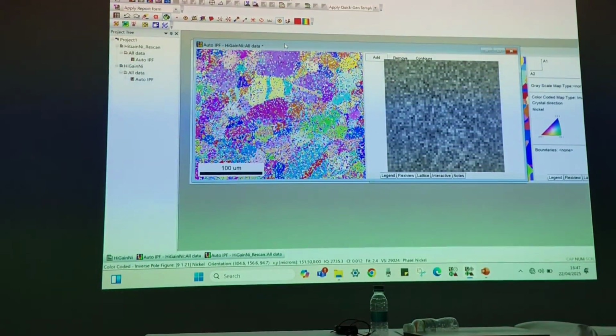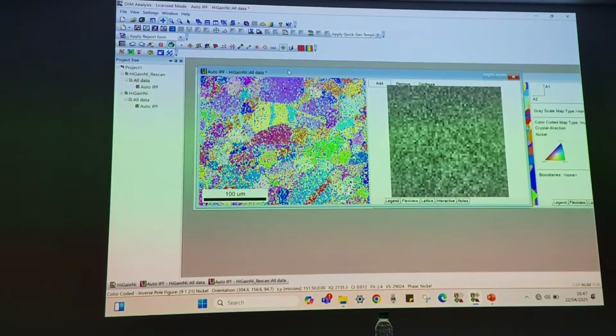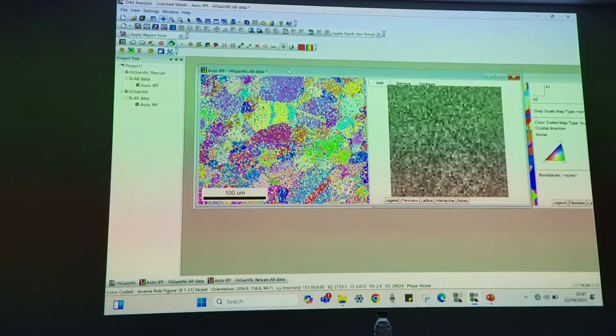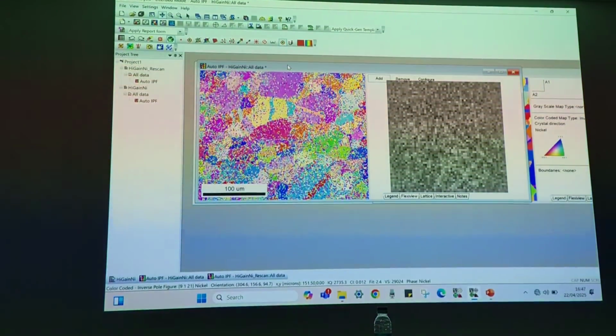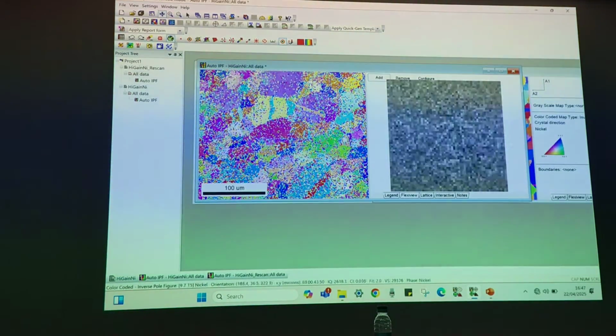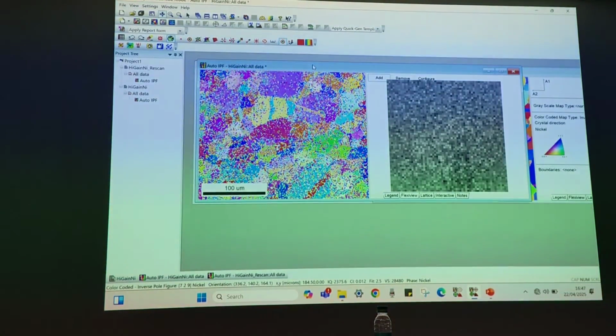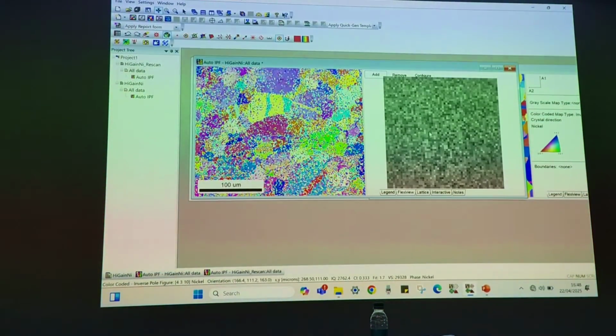If you're saving the patterns, the size of your data file can go very large. Let's say in a normal scan you are measuring 1 GB of data; if you save along with the patterns, it might go up to 10 GB, 15 GB, 20 GB, depending upon your step size and the number of points you are collecting within that scan. So it can be very huge files.